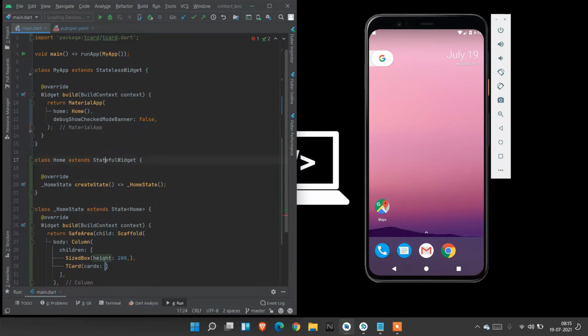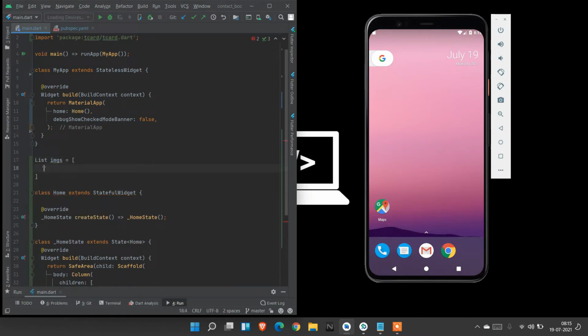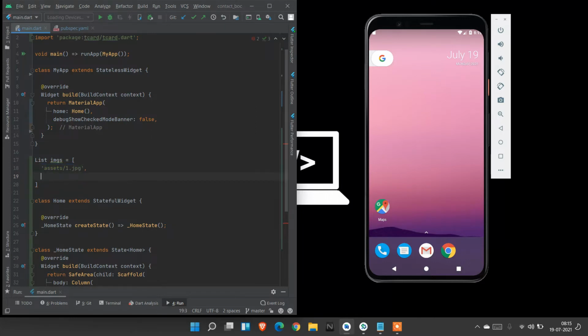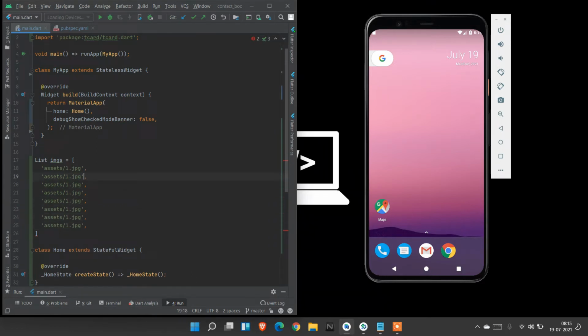First I need to create a list, so I create a list images equal to, and I place assets 1.jpg. Like that I copy and paste my assets for 9. I need to place 9 images.